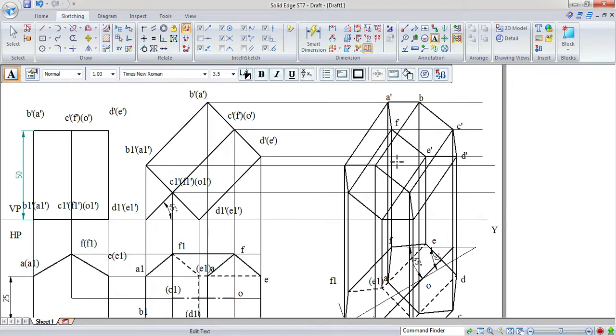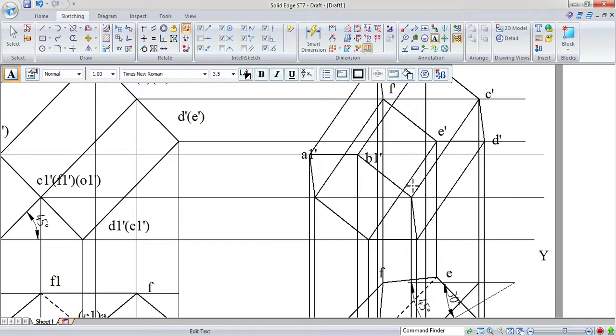In the same way, we shall write the annotations here: A1, A1 dash, now B1 dash, now this will be C1 dash, D1 dash, now again E1 dash, and finally F1 dash.